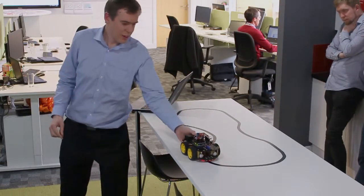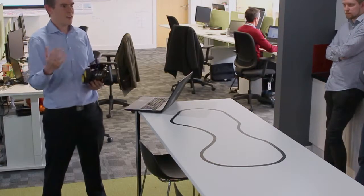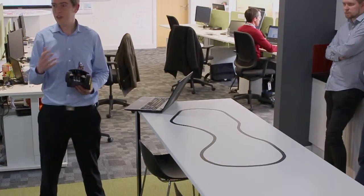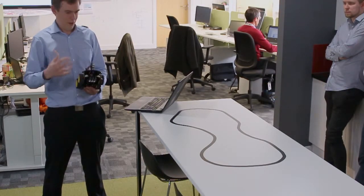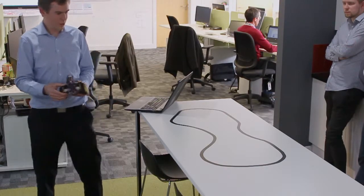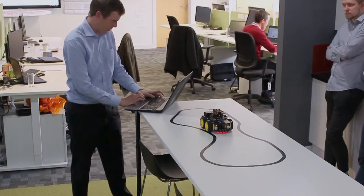Now, when thinking about whether a neural network is a good thing to use for this, I'm sure I can come up with a set of procedures to get it to go around the line faster than the standard one. But part of it is just to see if it can be done, and it's also slightly more complicated than you might think. So if I tell my car to go straight on,